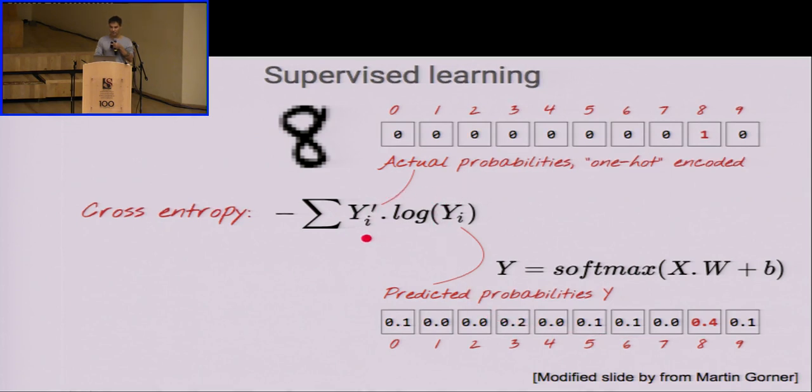When you multiply this vector times this vector, essentially all that's happening is you're picking this entry, right? Because 0 times any other thing will be 0. And so 1 times this is what's going to give you the similarity. So the dot product between these two vectors essentially tells you how similar they are. The bigger the number here, the more correct it will be, right? Because right now it's going to give you 0.4 as the similarity between the prediction and the truth. And if you could shift those weights, this probability, 0.2, 0.1 to here, the similarity would